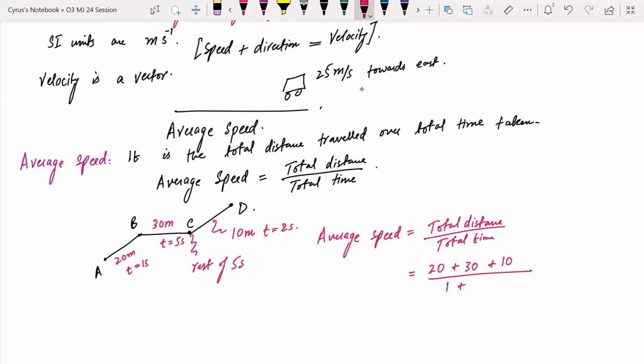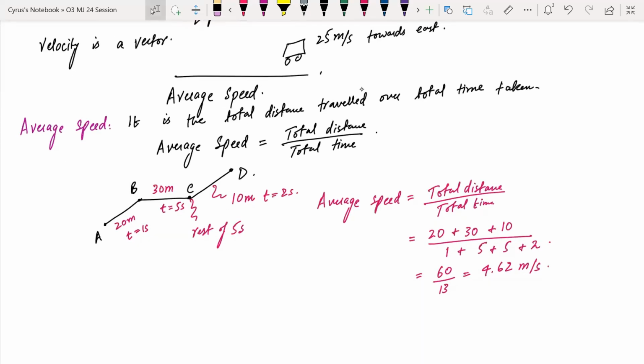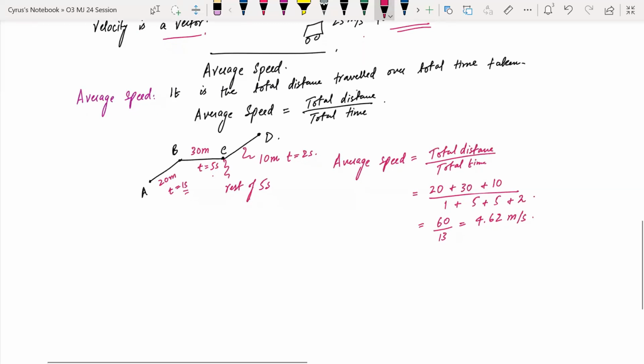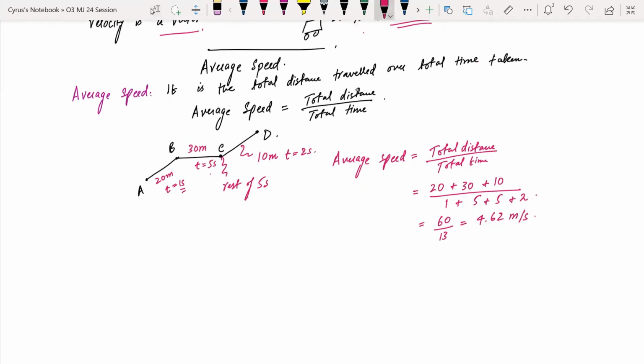ठीक है, डिवाइडेड बाय 1 प्लस 5 प्लस 5 प्लस 2। इसको जब आप सॉल्व करेंगे तो आपका आंसर आएगा 60/13, विच इज 4.62 मीटर पर सेकेंड। दिस इज नोन एज द एवरेज स्पीड। तो एवरेज स्पीड इज 4.62 मीटर पर सेकेंड।